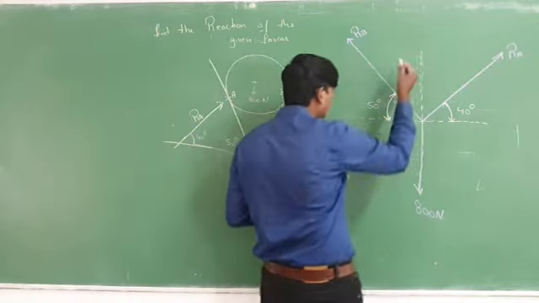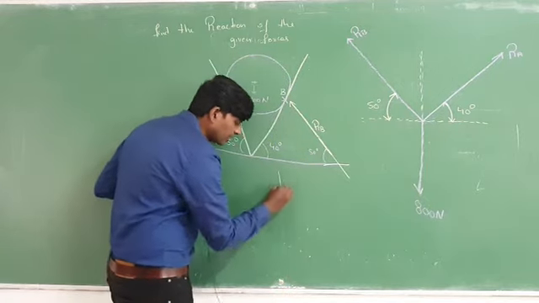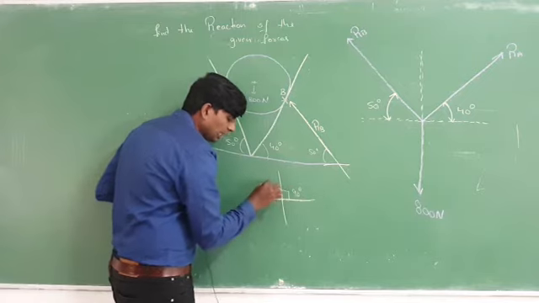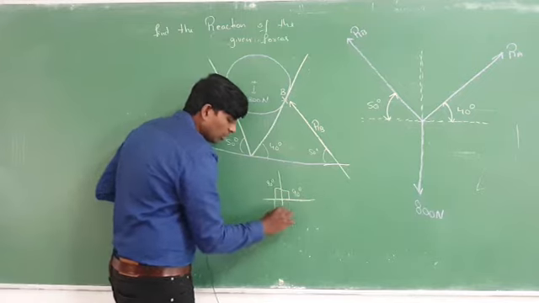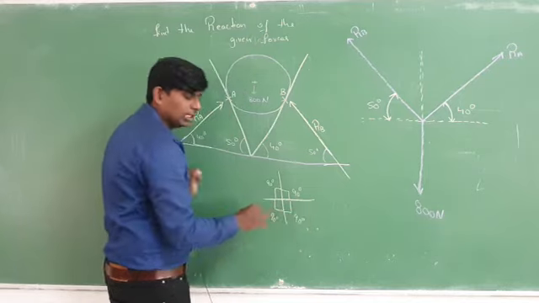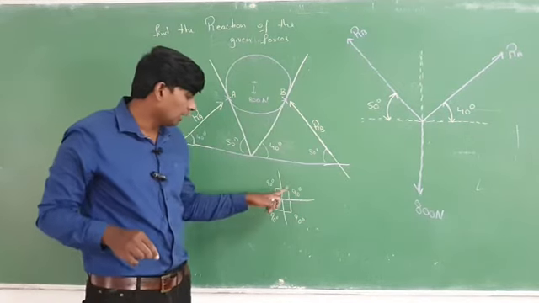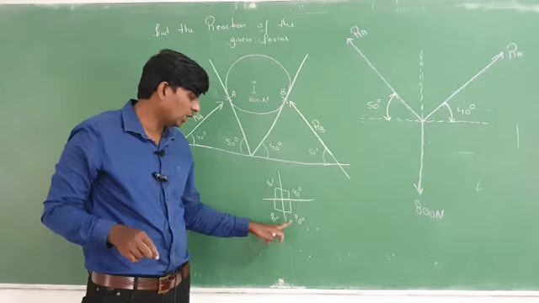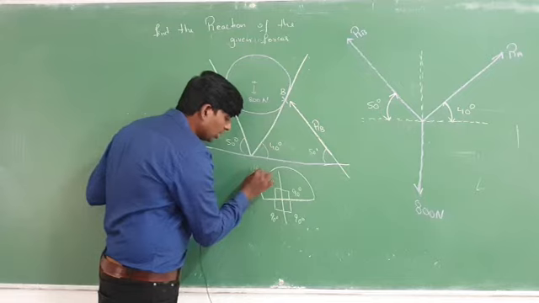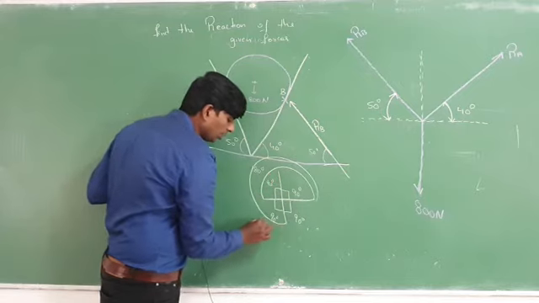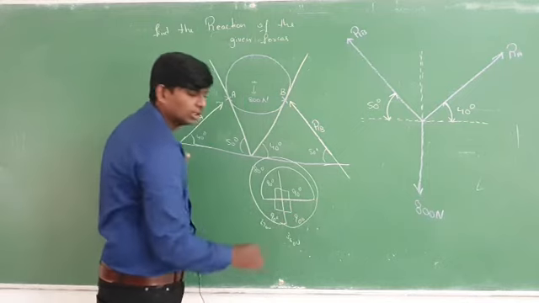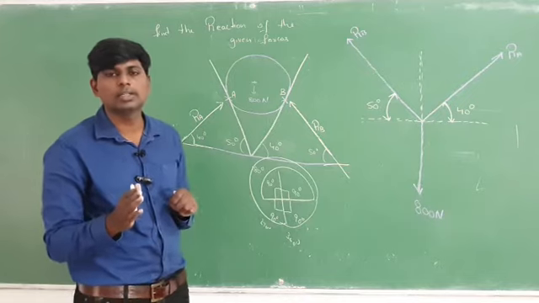See here, from here to here is the quadrant system. In this quadrant how much angle will be there? 90 degrees. Here 90 degrees, here 90 degrees, and here 90 degrees. In each quadrant the angle will be 90 degrees. The sum of these two angles will be 180 degrees, the sum of these 3 angles will be 270 degrees, and the sum of 4 angles will be 360 degrees. So you have to remember, in each quadrant the angle is 90 degrees.